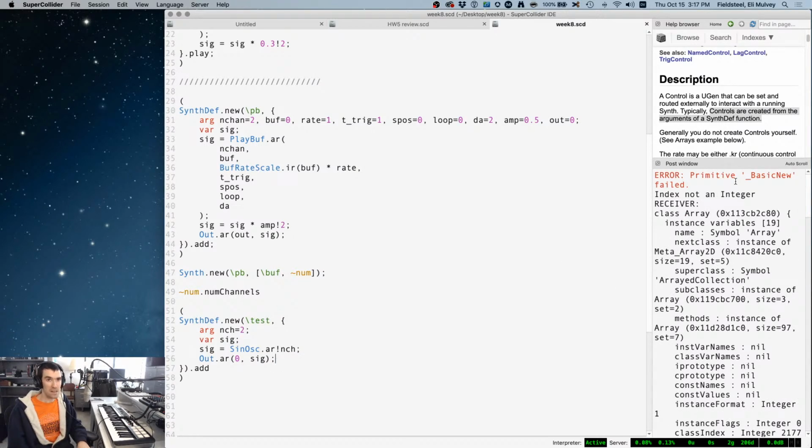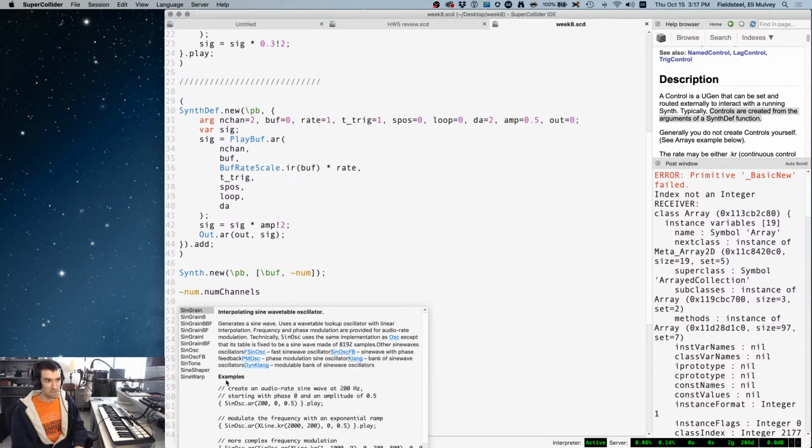We get a slightly different error message. Primitive basic new failed. Index not an integer. It's talking about this thing. It's trying to say, duplicate this many times. And we're like, oh, come on, what's the problem? It's 2. Make 2 of them. But this is not actually the number 2. It's a unit generator that by default spits out the number 2 at the control rate. So it's roughly equivalent to saying something like this,